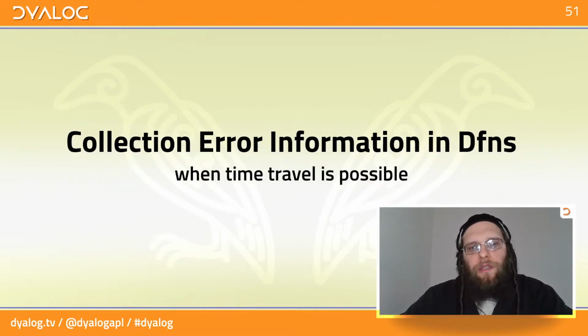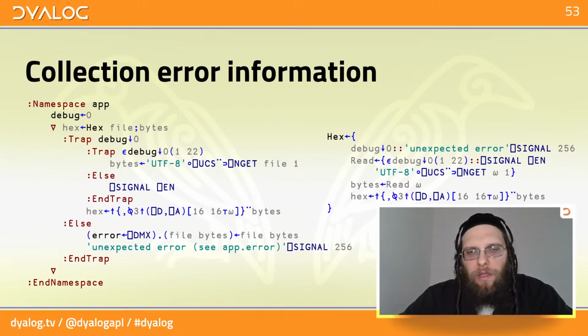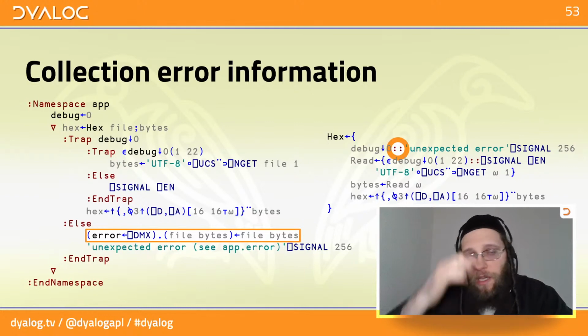And how would we collect the error information in dfns? Well, that's when things start getting a bit hairy. Let's think about it. In the transfen, we added this line of code that was executed as soon as an error happened before we signal further. But if we compare that to what happens with the error guard,